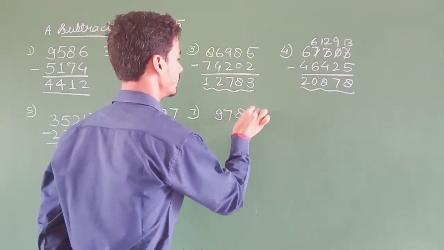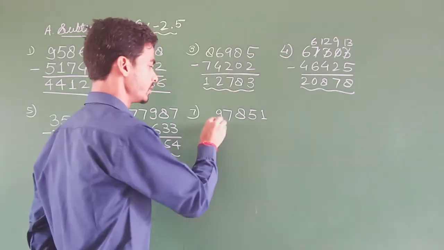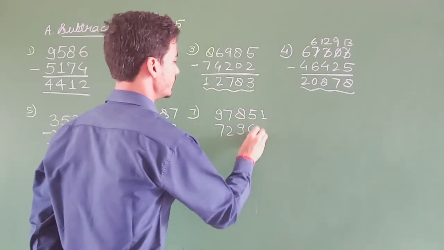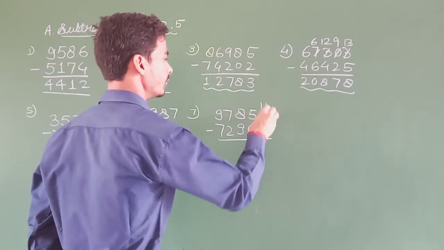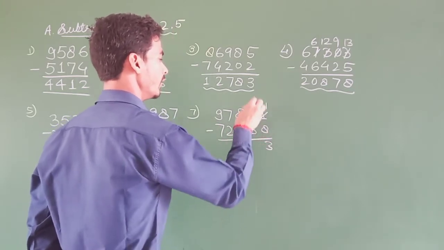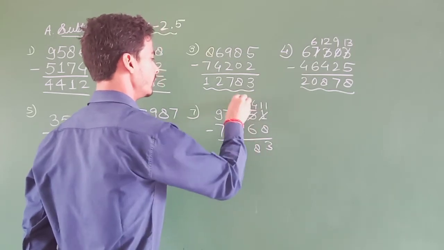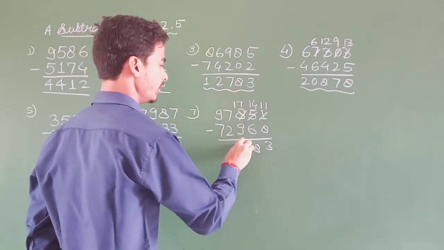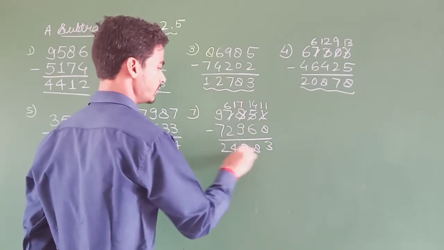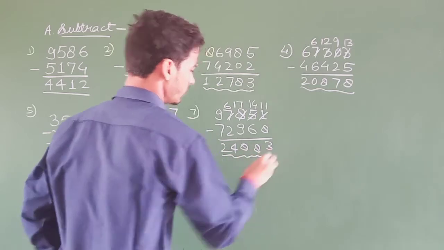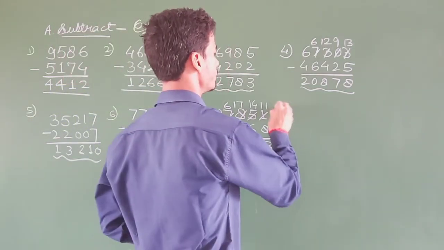97,851 minus 72,968. 11 minus 8 is 3, here will be 4. 14 minus 6 is 8, and here will be 7. 17 minus 9 is 8, and here will be 6 minus 2 is 4. And 9 minus 7 is 2. So 24,883. And now question number 8 is